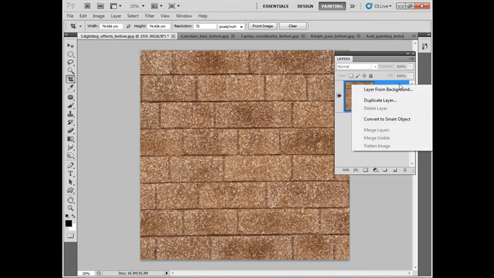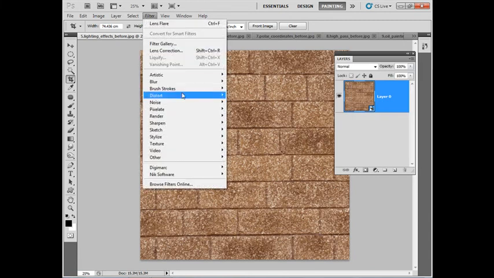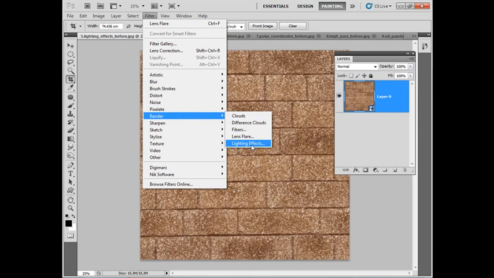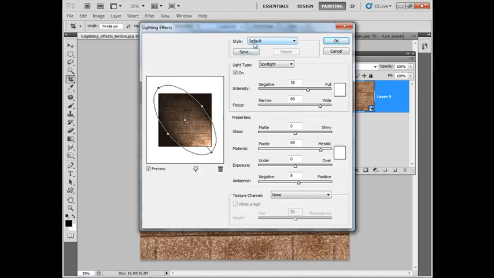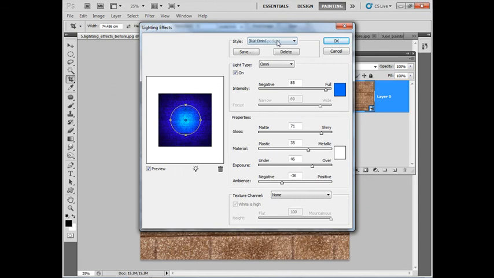So let's right click again and choose Convert to Smart Object. Then let's go to Filter, Render, Lighting Effects. And you can choose different types of lighting effect from the Style drop down at the top of the box here. You can just scroll through with the mouse wheel to find one that works for you. I quite like this one here for a spotlight effect, and then you can click and drag these points here